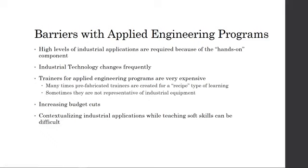And so lastly, I want to focus on this. This is something that I know that I have had trouble in the past. I am really good about focusing on hard skills, the skill set that students need, programming PLCs, things like that. I'm really good about teaching those type of skill sets. When it comes to soft skills, not so much. And so what I've heard from our industry